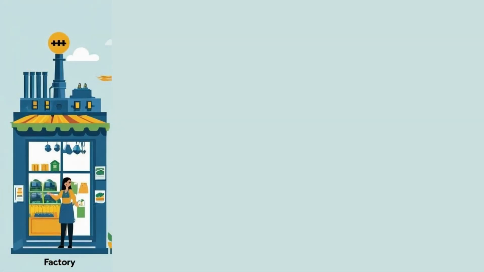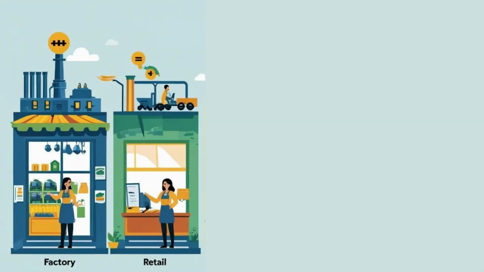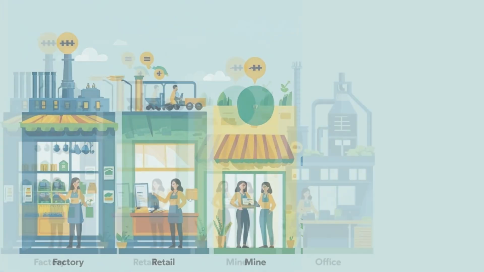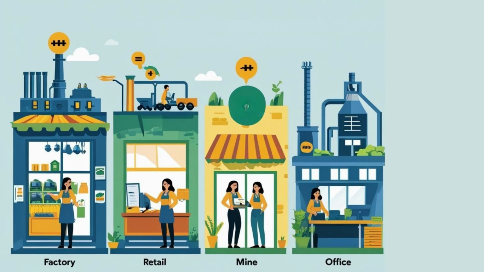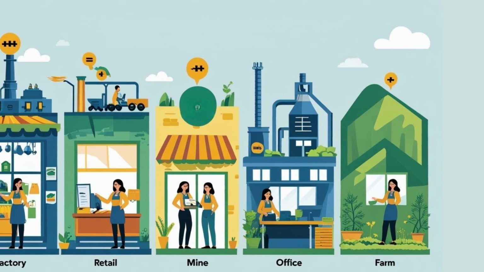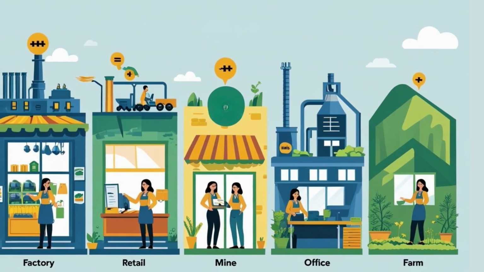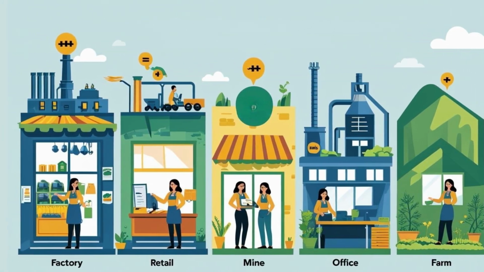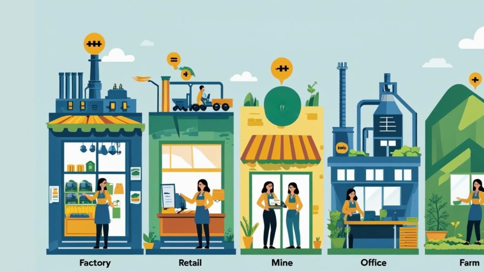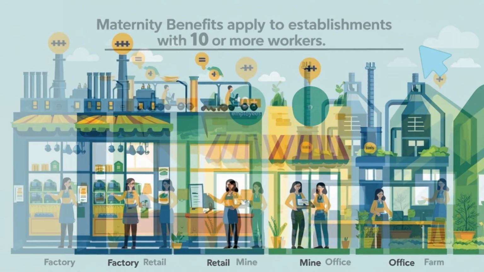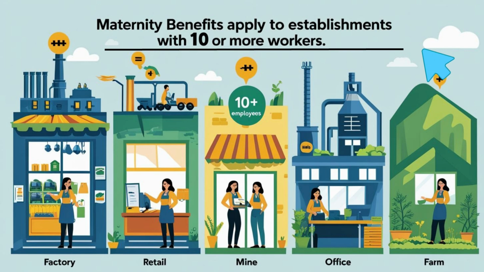The Act applies to factories, mines, and commercial establishments, like offices and businesses. The state government can extend this act to other types of businesses, like agriculture or commercial sectors, with approval from the central government and a public notice. For commercial establishments, the act is applicable if they have 10 or more employees, now or in the past 12 months. First, let's understand what the key terms mean under this act.